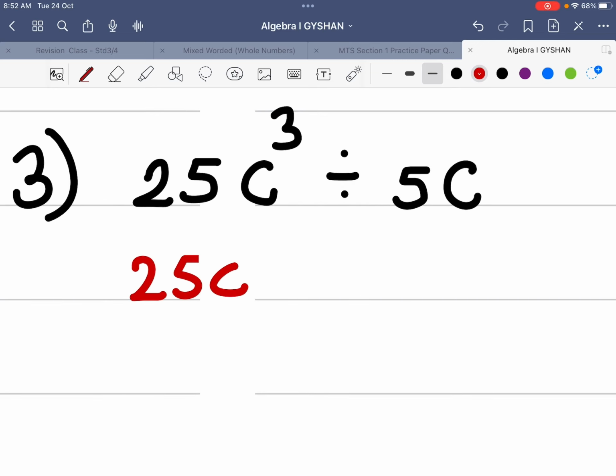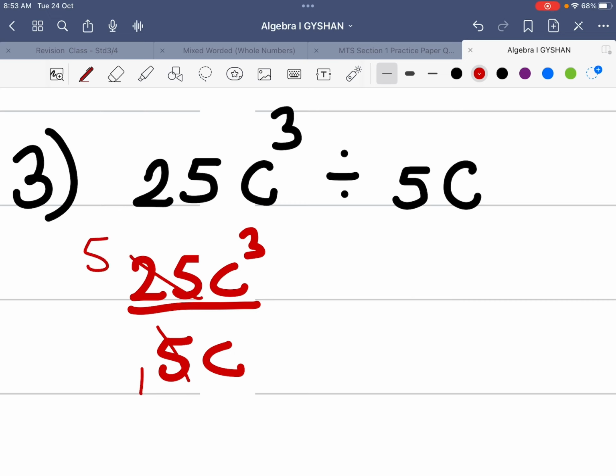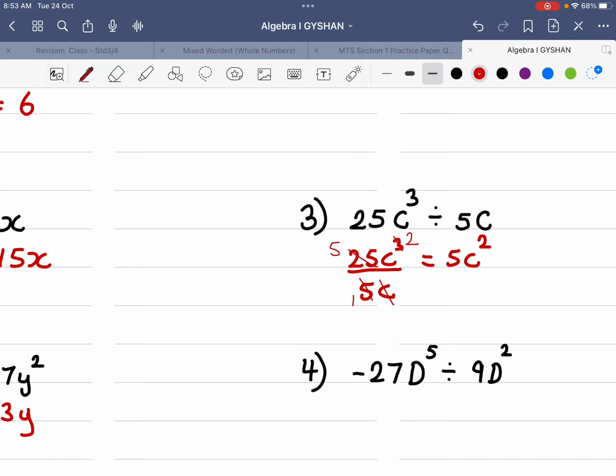25c cubed divided by 5c. 5 into 5 is 1, 5 into 25 is 5. We cancel 1c below with 1c on top, and that will leave you with c squared. So the answer is 5c squared. Number 4,